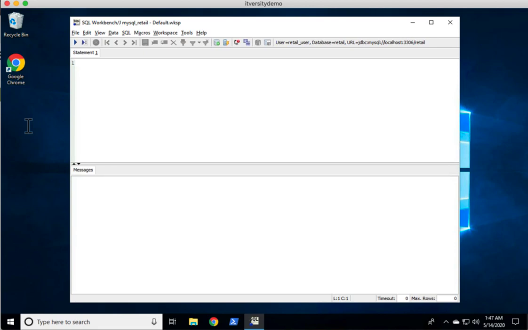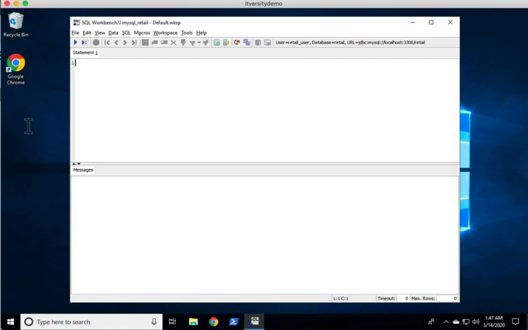As we have successfully configured SQL Workbench to connect to the MySQL database that is running on top of a Docker container, now it is time for us to create tables and load data into those tables and preview those things using SQL Workbench itself. Earlier we did this using the command prompt, and as we had to recreate the container to make sure that SQL Workbench can connect to MySQL running as part of the Docker container using port binding, all the tables are gone.